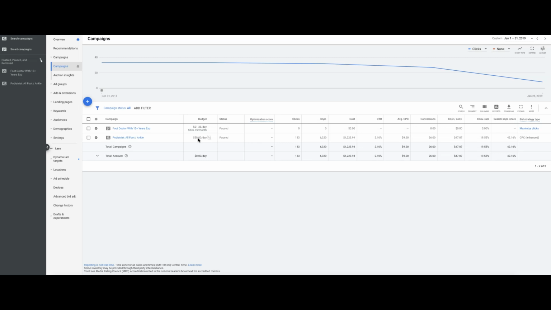And got 133 clicks, 6,300 impressions, about $1,200, $1,223, 2% click-through rate. I'll explain that in a little bit. Average cost per click was $9.20. Total conversions for January, 26. Cost per conversion, $47. Conversion rate